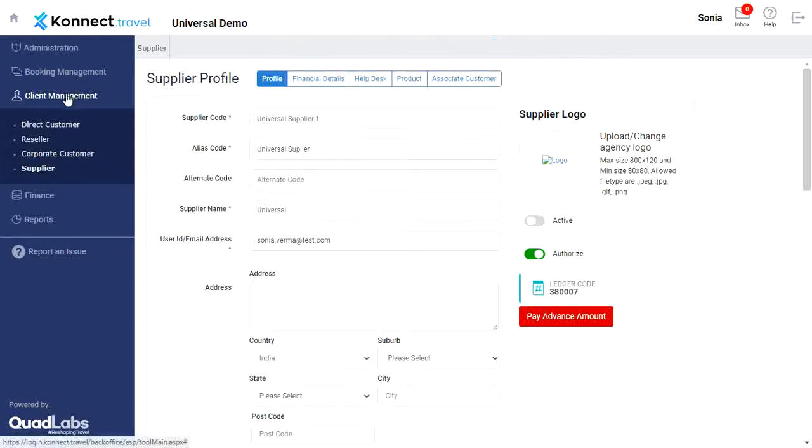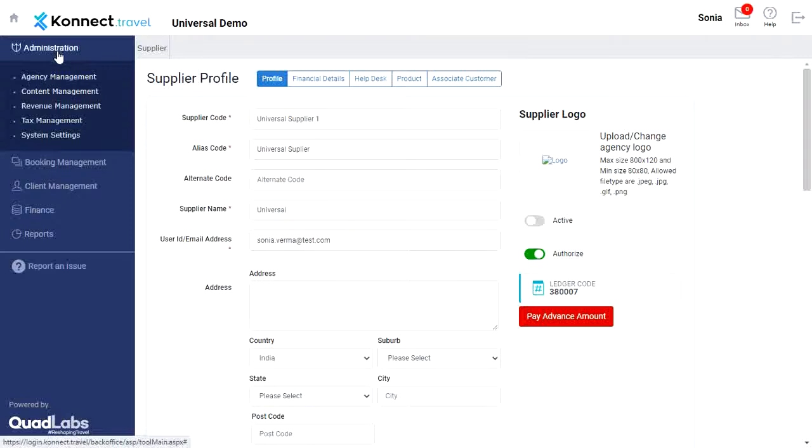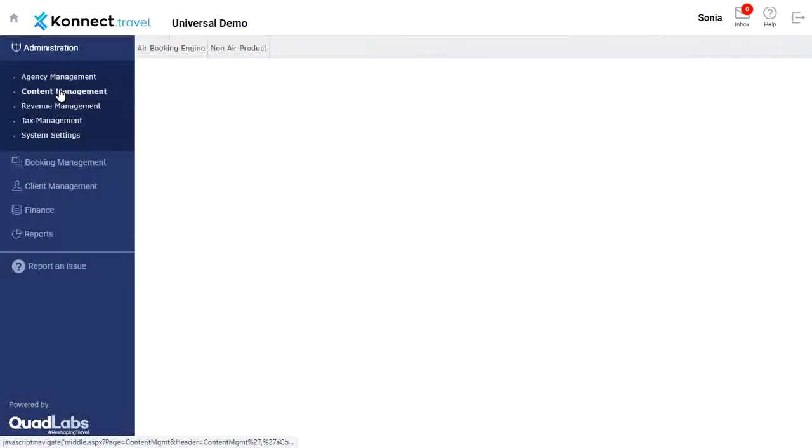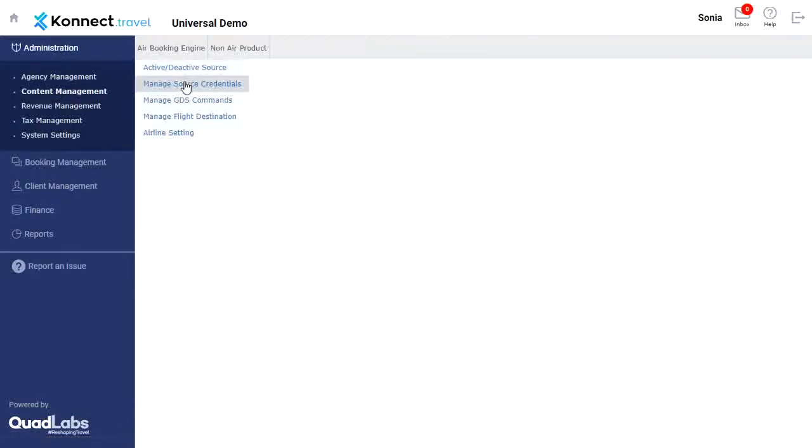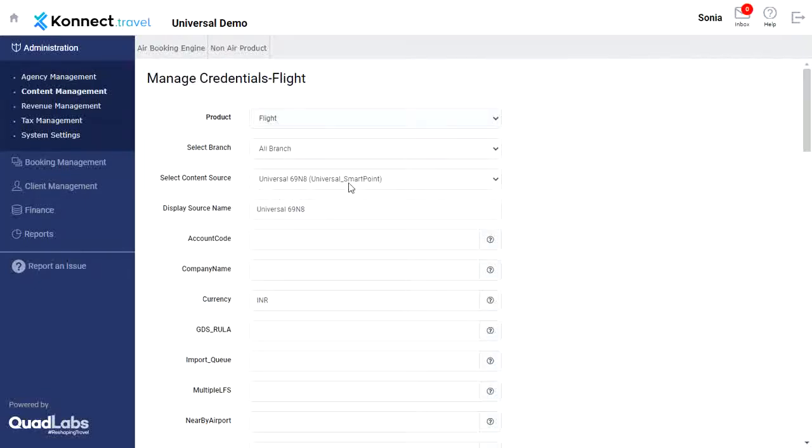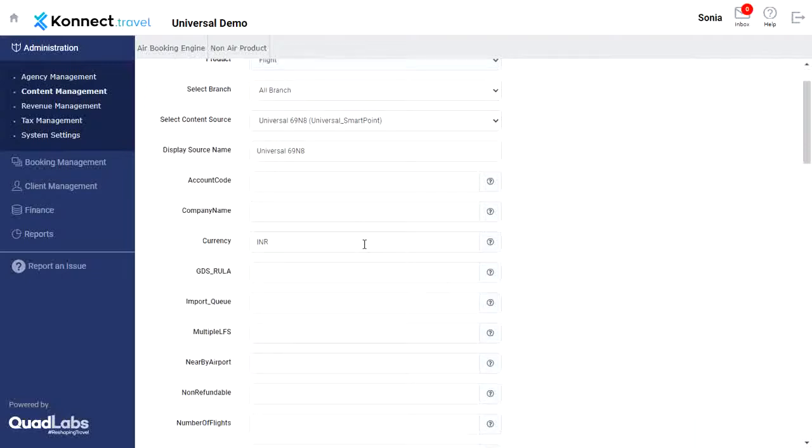Now we have to add the Galileo PCC into our system. So we'll move to administration. In the content management, we will go for manage source credential. In manage source credential, the user has to enter the name of the GDS, display the source name, currency,